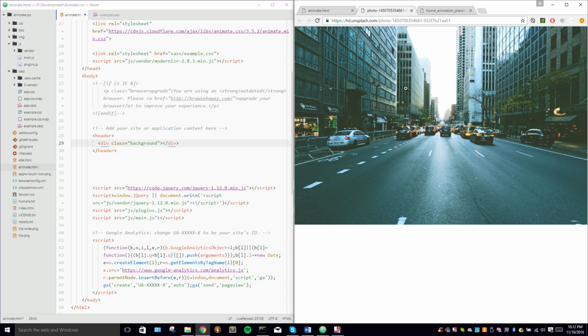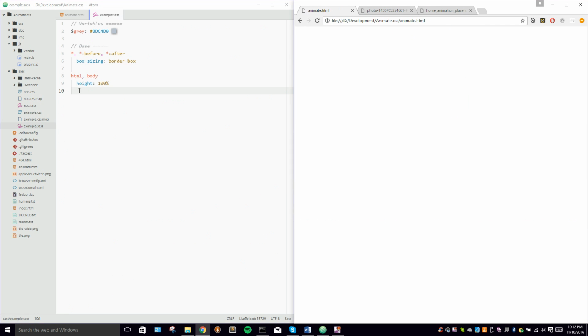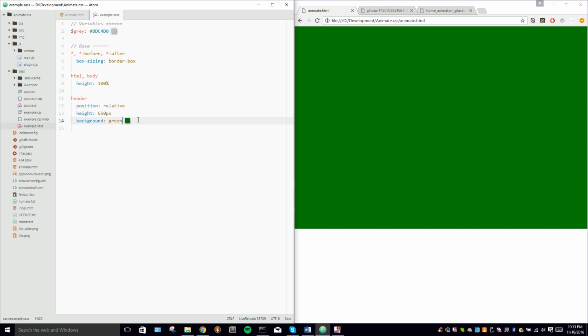I just want it to apply just to this image, so we have to separate these nodes. So we'll save that, and if we go here, header, we'll just apply a height of 650 pixels, position relative. We'll do background green, my favorite background color, as everyone will know. That's just so I can obviously see what's going on, but within that we will store the background,